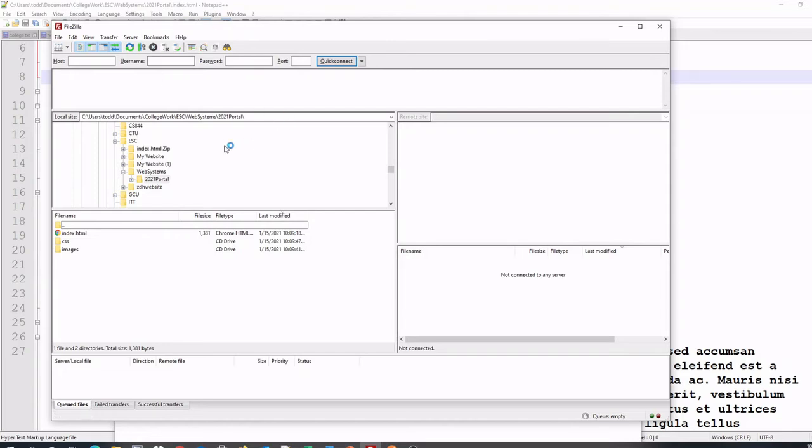You can download FileZilla, and once you have FileZilla installed, what you're going to do is set up a new site. What I recommend here in this local site section, point that path to the folder of your code for this class. So in my case here, I have the same path that I was showing you in Windows Explorer or File Explorer. You see my index page, and you see I'm not connected to any server yet. So what I'm going to do is in